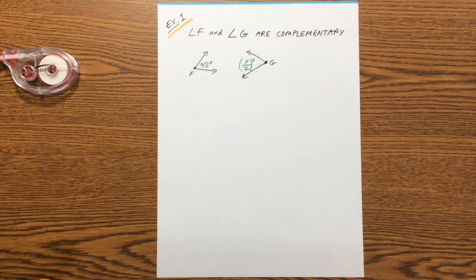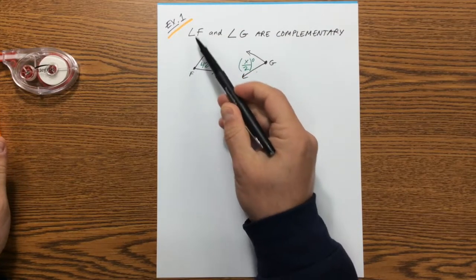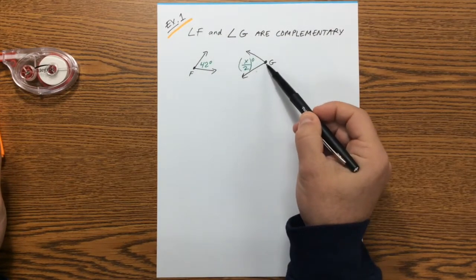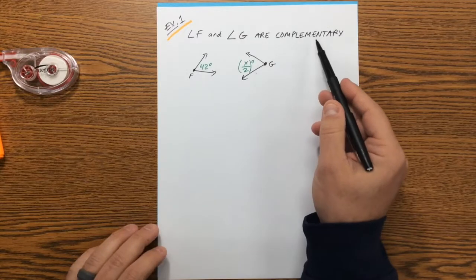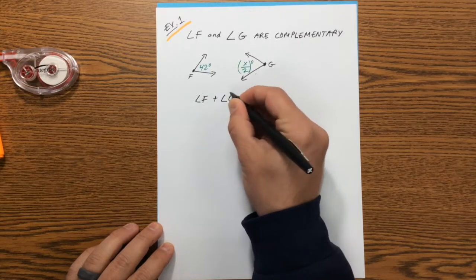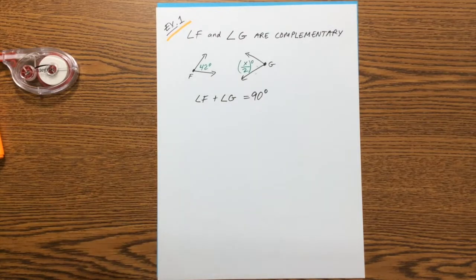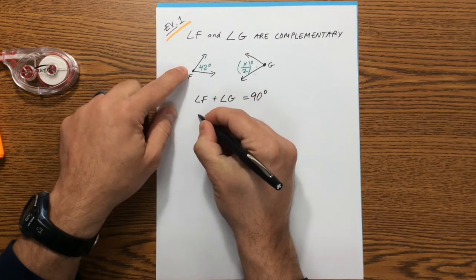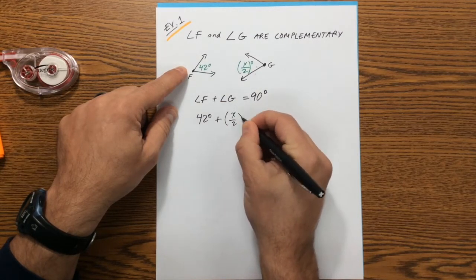All right, let's take a look at some examples of what might be in your homework. The first example I give you is, I tell you that angle F, that's the vertex, so we can write it angle F, and angle G are complementary. Do you remember what it means to be complementary? Complementary means that the sum of angle F and angle G's measures is going to equal 90 degrees. So what we know here is that this one is 42 degrees plus x over 2 equals